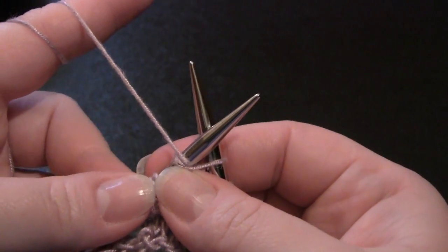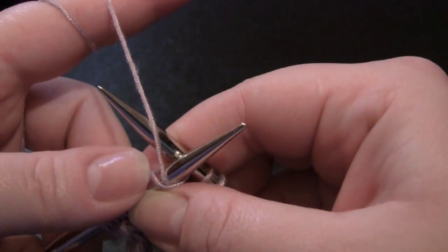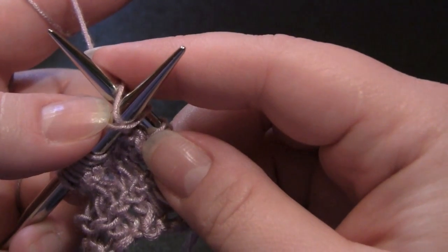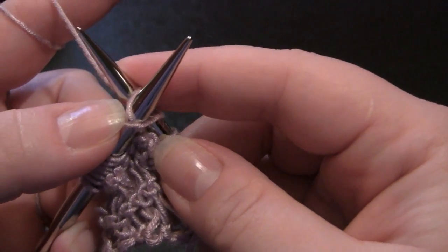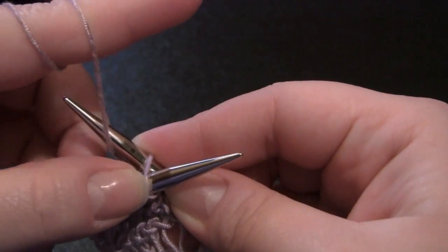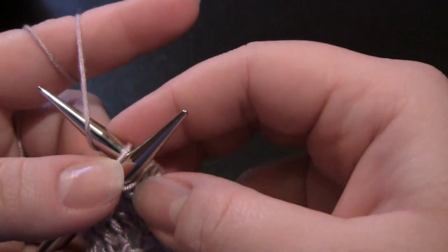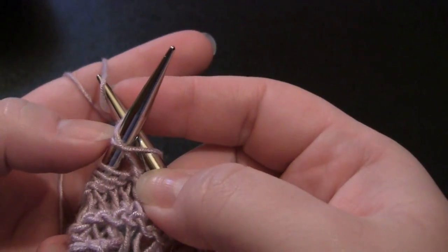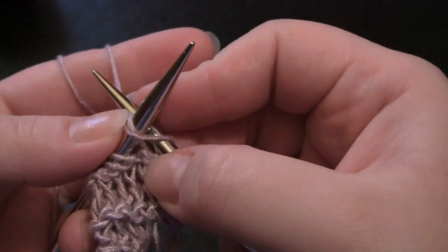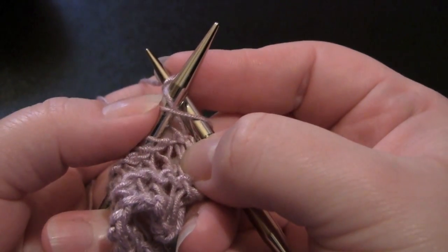What you're going to do now is take your yarn over top of the right needle and just hold it in place with your finger. Now you're going to take your yarn under and over the right needle. Now if you look, I'm just going to hold that in place so it doesn't slide off while I'm showing you this. If you look here, you have an X,